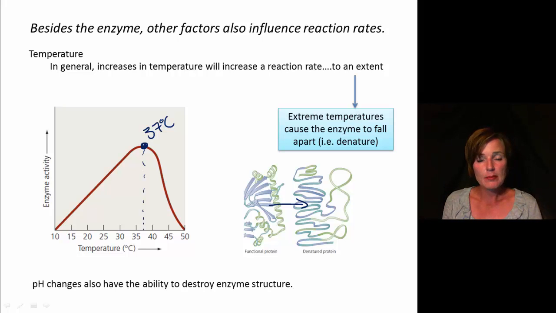pH also has big impacts on how that protein is actually folded. So changes in the pH can also drastically affect the ability of an enzyme to function. Our enzymes are also designed to work at specific pHs, and those pHs would need to be maintained. Stomach enzymes need to be able to work at very acidic pHs, because that's what the stomach